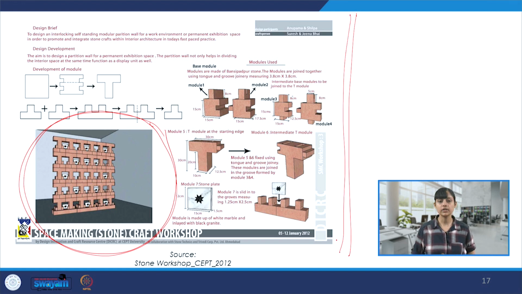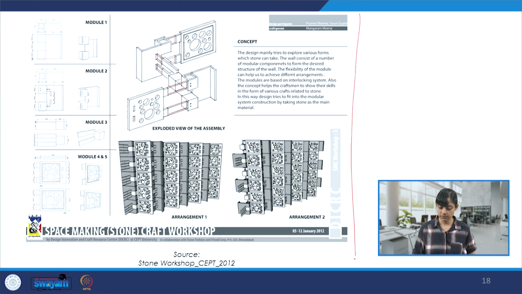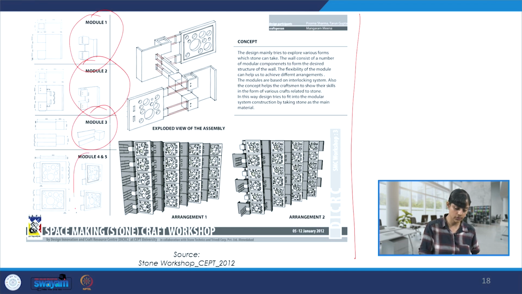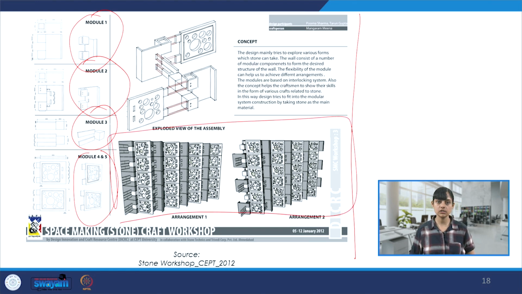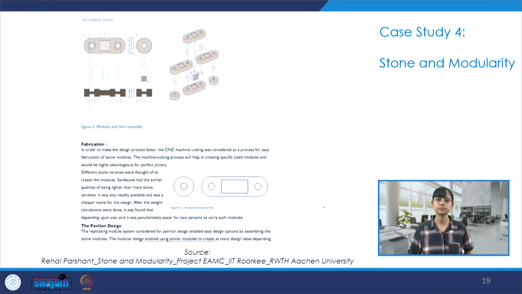This is something that was done, very, very interesting. Here also some details like inlay were introduced, and this was done with the craftspersons, again celebrating this ecosystem of bringing diverse stakeholders together who know the material like the back of their hand, and then they try to do something very interesting and experimental out of it. This is again from that workshop, and this was also interesting. So there was one module 2, 3, 4, and 5, and then the different assembly, and then trying to create interesting uses, one of which were like the partition screens and different configurations of that.